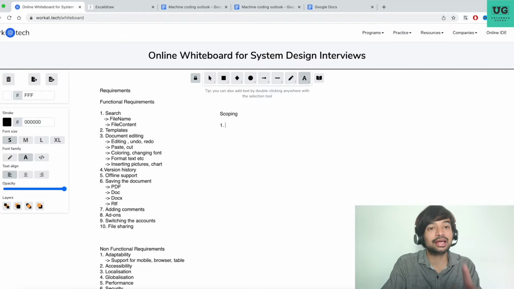The first is concurrent editing. As you also heard in the intro, concurrent editing. Second, a very important thing is version history. Third very important thing is offline support. So these are all the functional requirements that I'm scoping. For non-functional requirements, with offline support I'll cover one non-functional requirement called caching. Another non-functional requirement that I'll be covering here is